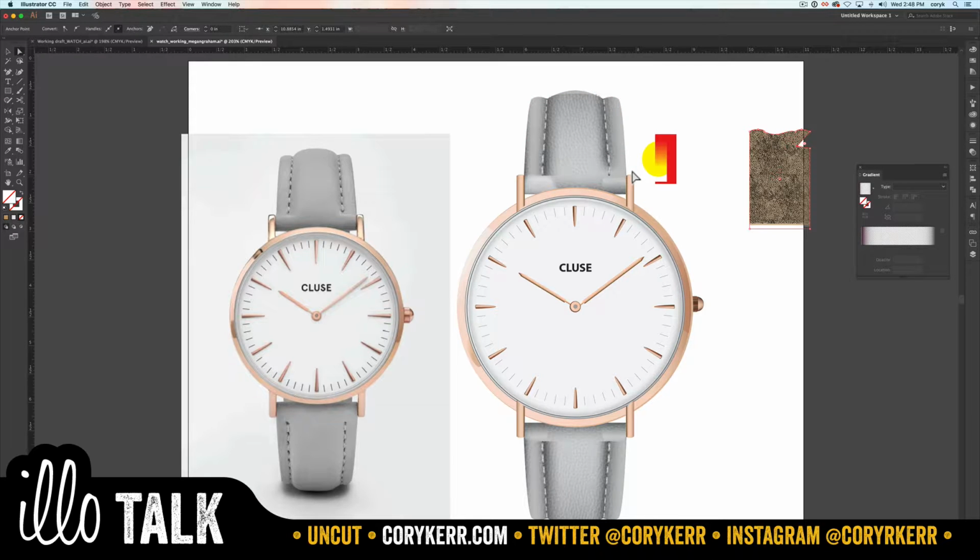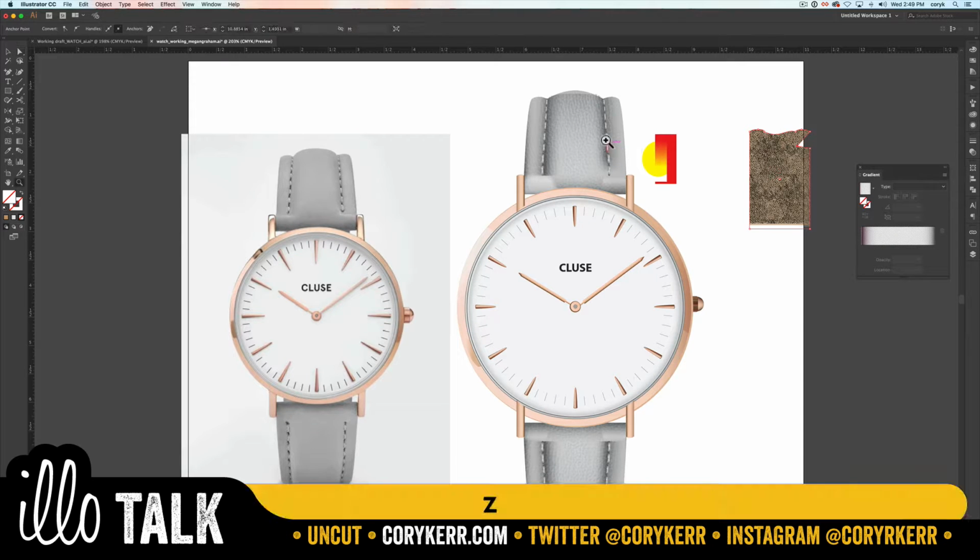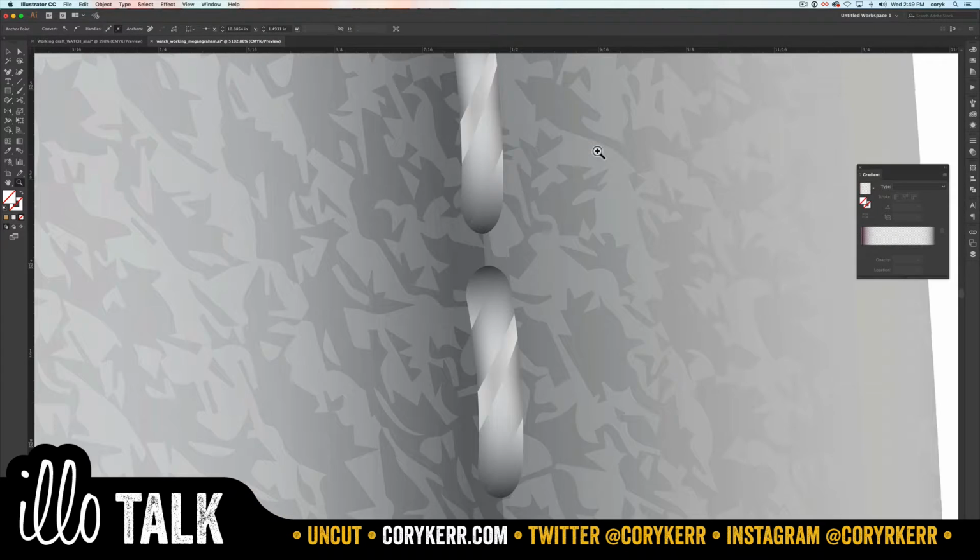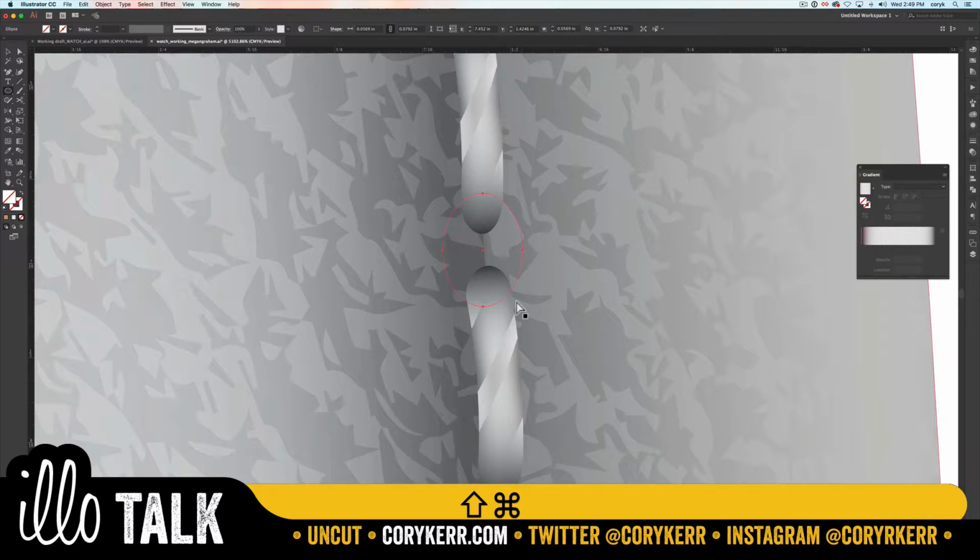Some other things that are making this look not as realistic as you want is that you've got these dark shadows, right, on either side of your stitching, which is great. But what you don't have is any shadows on your stitches. Okay. And so the stitches look like they're kind of hovering above the shadows. Right. And then the shadows are actually darker than the holes that the stitches are going into. Oh, you don't have holes. I need holes. Yeah, and so if you have some kind of hole here,